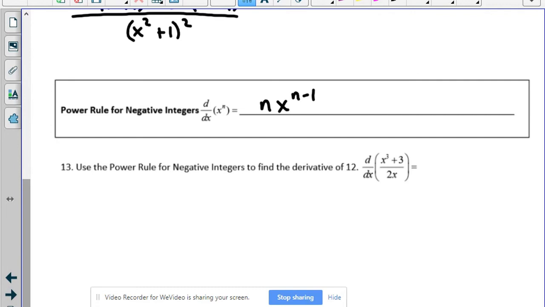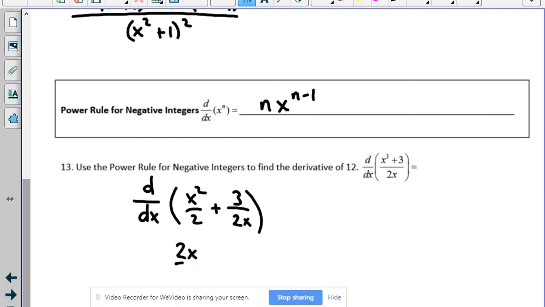So if we take a look at this function, if I actually divided this function out, I'm going to rewrite this as what happens if I take that function and I turn it into two separate terms. So that would be x squared over 2 plus 3 over 2x. So the derivative of the first one is easy. That's 2x over 2, which we're going to simplify to x later. But this guy,